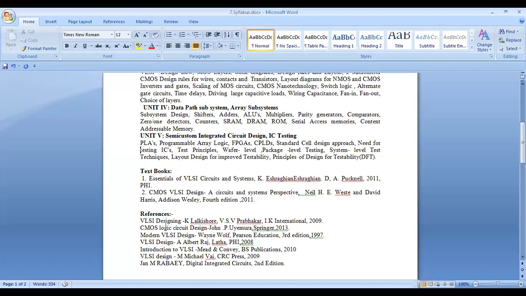Among these books, one book is a textbook only, VLSI Designing by K. Lal Kishore. It's a textbook only, so you can buy it if you can. It will cover the entire portions. Otherwise, this first textbook, what is shown here, is also like notes. A very interesting description is given in that book, and the font size, everything is very good, so that you can read it like notes.